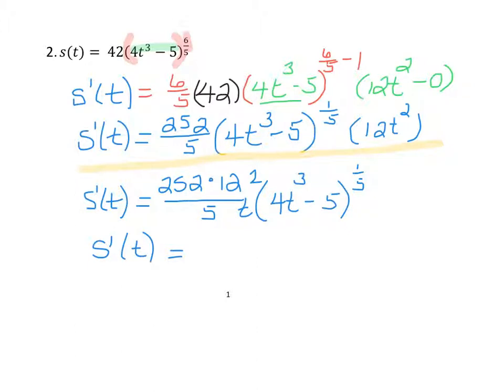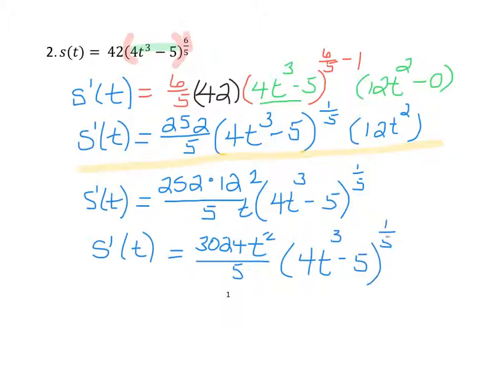and it's either 3024 t squared, because your t squared would stay in the numerator, divided by 5 times 4t to the third minus 5 to the 1/5 power,